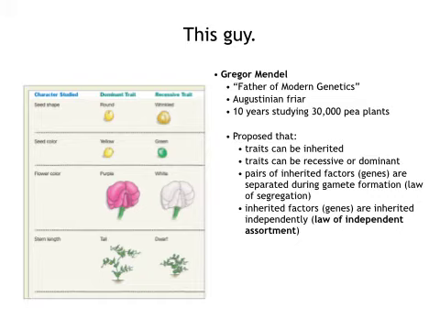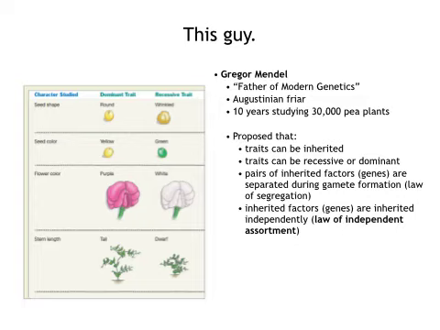Then he proposed that inherited factors are inherited independently. This is the law of independent assortment. Basically, the seed shape and the seed color don't always get inherited together. They can be inherited independently, right? This is explained by the law of assortment because these traits are on chromosomes which can be assorted differently depending on how they align during metaphase. Again, if none of this is making sense, I really suggest you go through the slides from the last lecture and even our last online lecture,